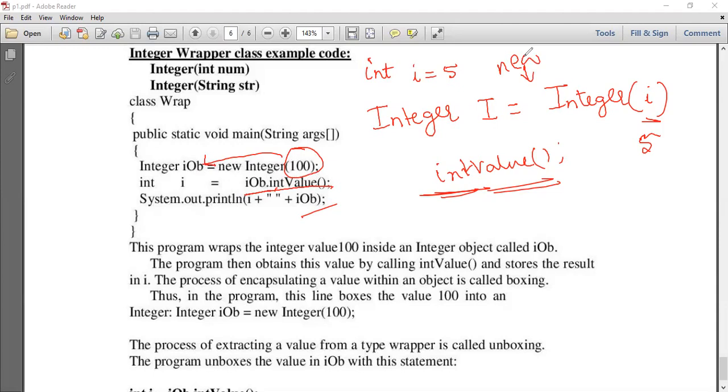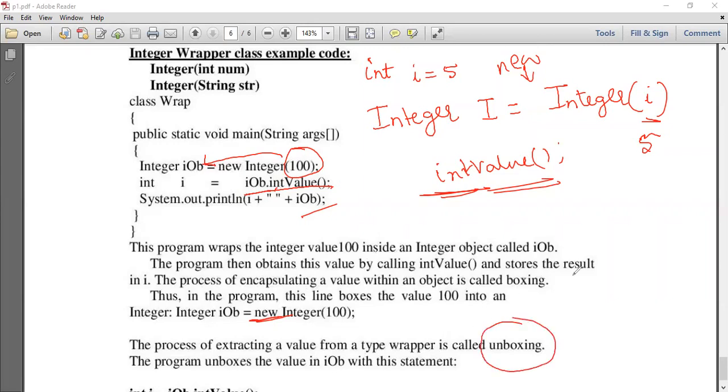While wrapping, that keyword is mandatory. Not just for Integer, for all the others discussed previously, either Character or Boolean, the new keyword should be written. Now the process of extracting the value from a wrapper type is called unboxing.